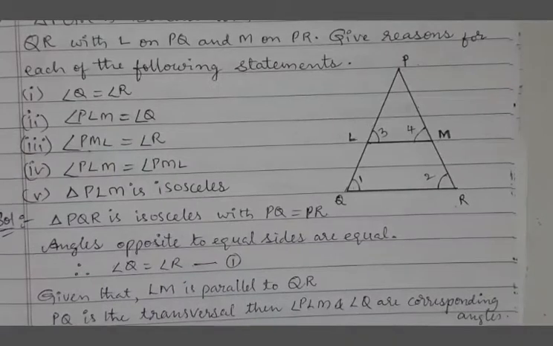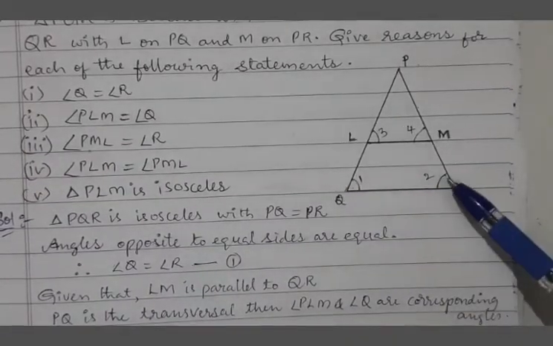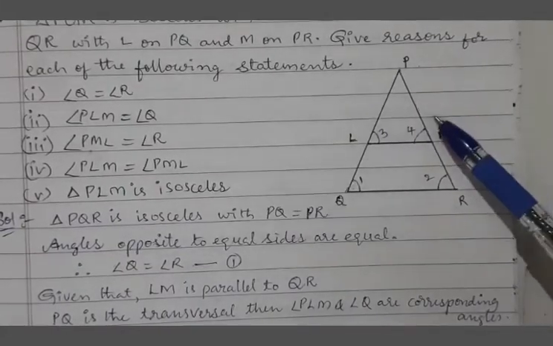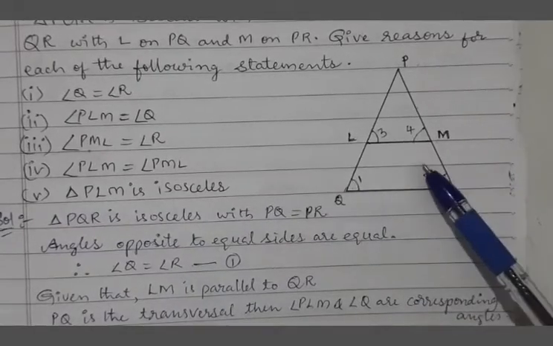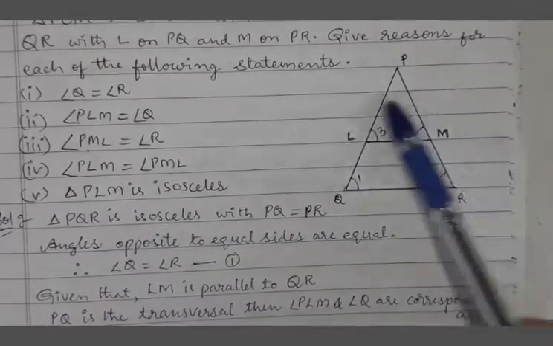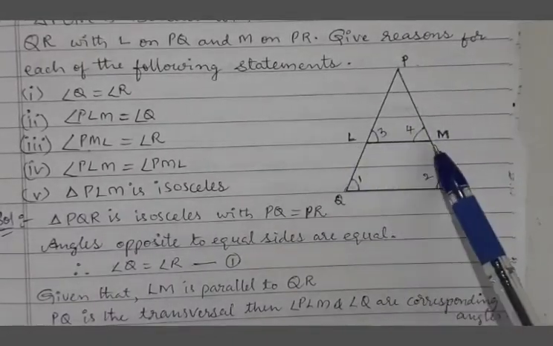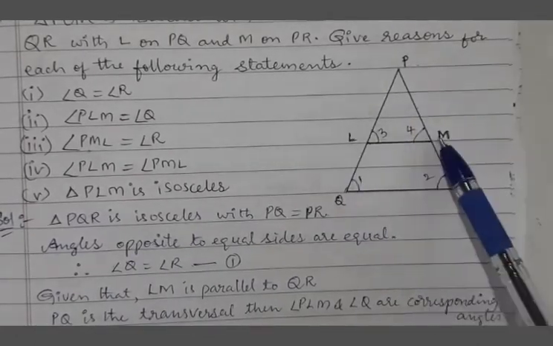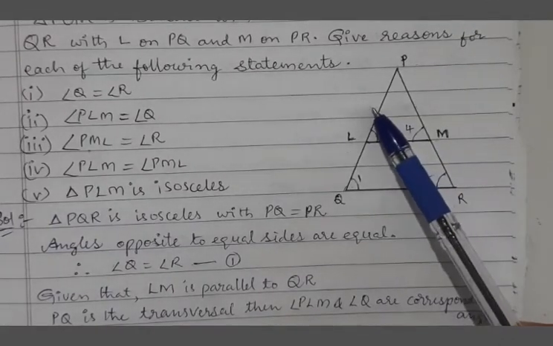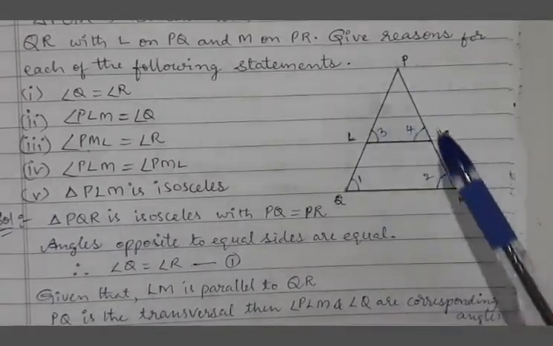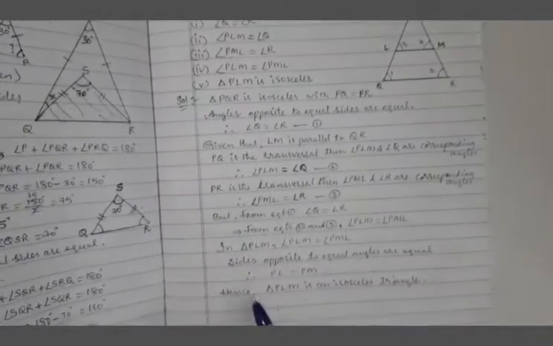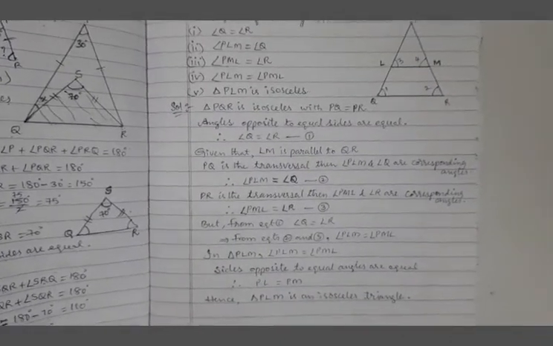Observation, please. Angle 1 is equal to angle 2. Angle 1 is equal to angle 3. Angle 2 is equal to angle 4. Did you get my point? These two are equal. Left equal to left, right equal to right. Therefore, naturally angle 3 and 4 will become equal. When 3 and 4 have become equal, in triangle PLM, equal angles are there. Their opposite sides also will become equal. Therefore, PL is equal to PM. When PL is equal to PM, here we say that triangle PLM is an isosceles triangle.